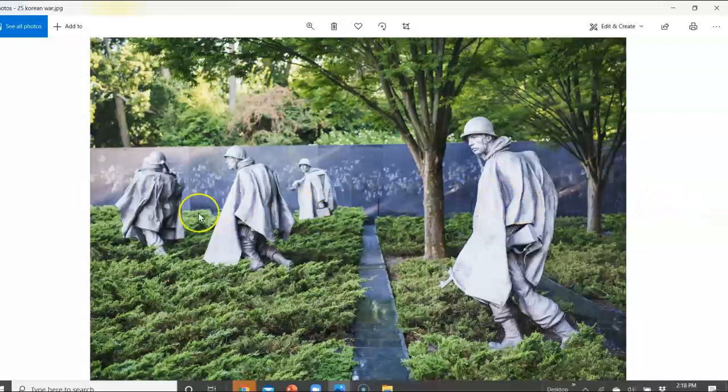So you've got a whole platoon of these guys trudging through this kind of wicked terrain. They've got their ponchos on. You get a sense of how miserable the weather might have been. They're kind of hunkered down with the weight of their backpacks and their weapons, and there again, the weather, the